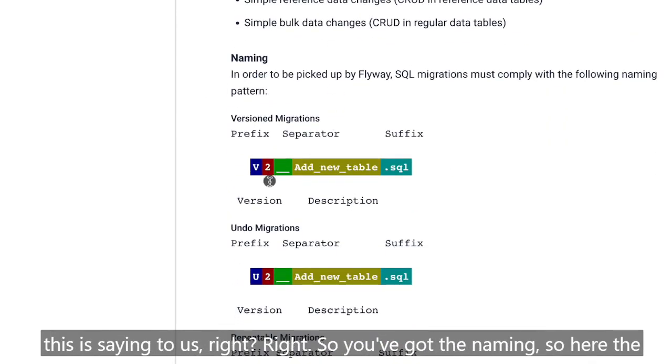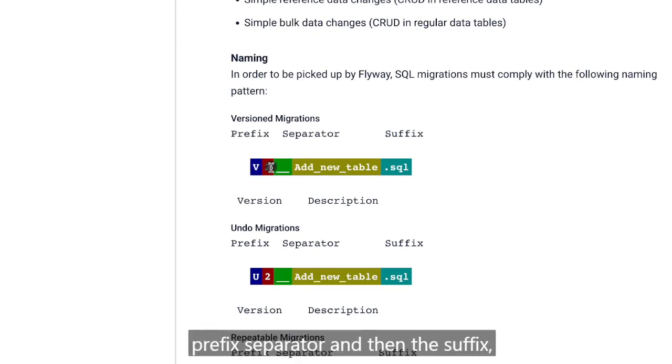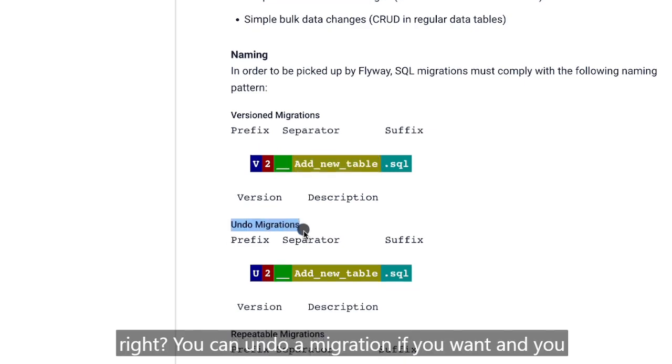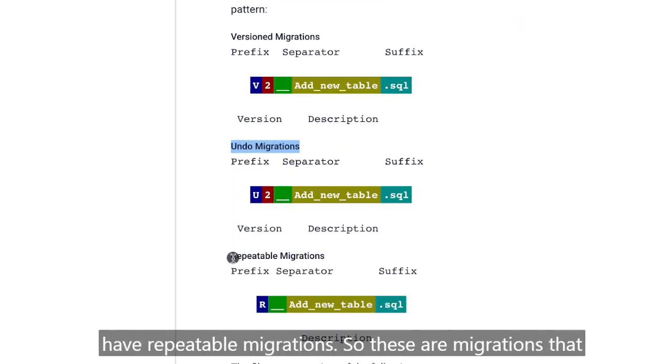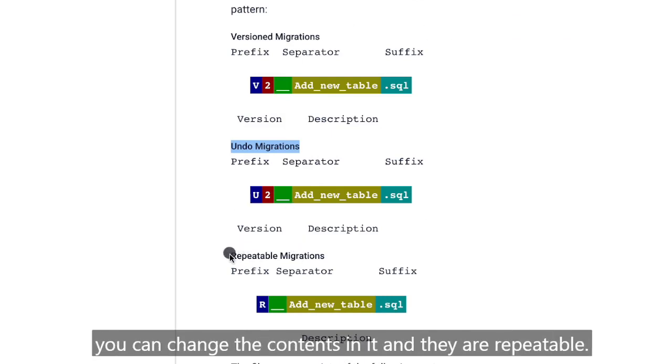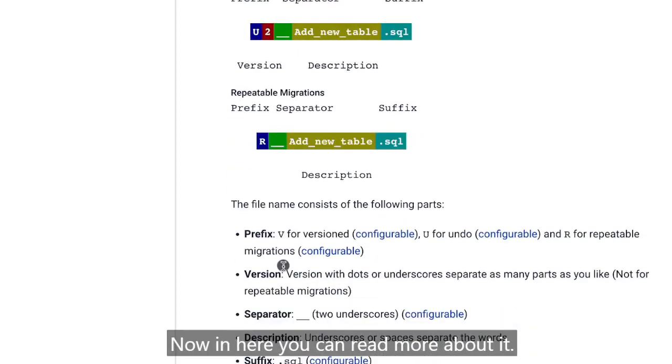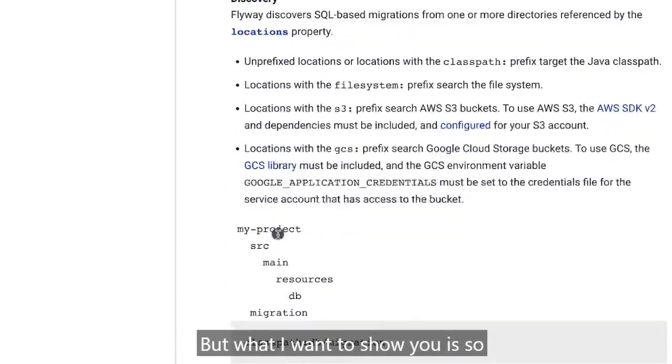So you've got the naming. Here, the prefix, separator, and then the suffix, right? So V and then two underscores, and then basically the name, right? You can undo a migration if you want, and you have repeatable migrations. These are migrations that you can change the contents of and they are repeatable. Now, in here, you can read more about it, but what I want to show you is,